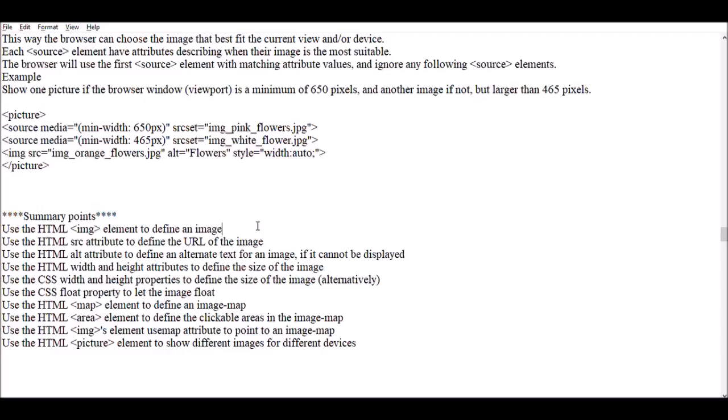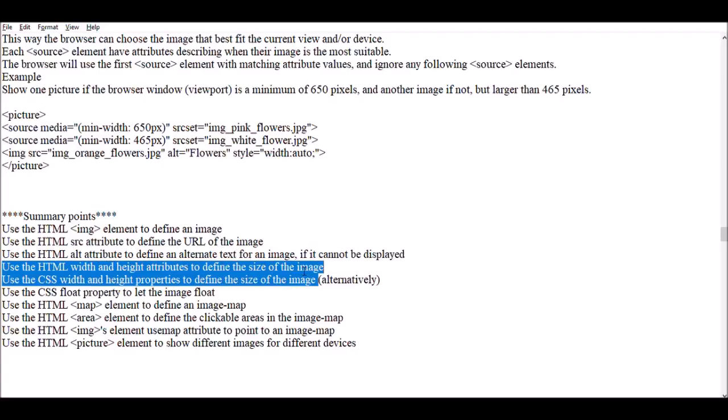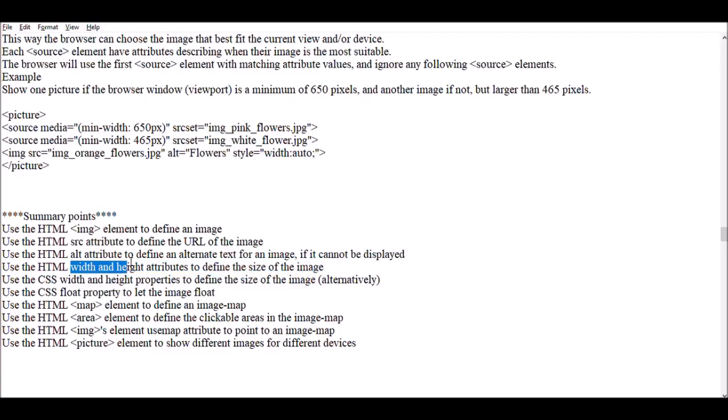Use the HTML src attribute to define the URL of the image. Use the HTML alt attribute to define alternative text for an image if the image cannot be displayed. Use the HTML width and height attributes to define the size of the image. Width and height are the attributes of img we use to set the width and height of the image in pixels according to your device fit or current view.